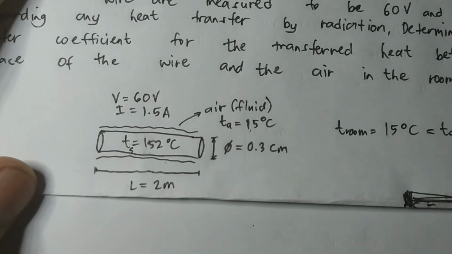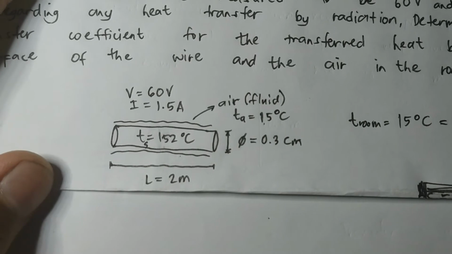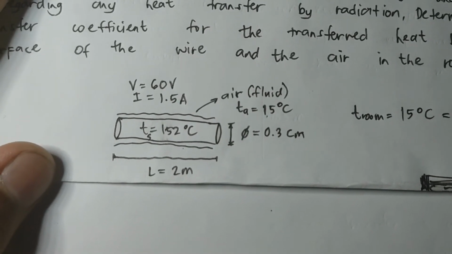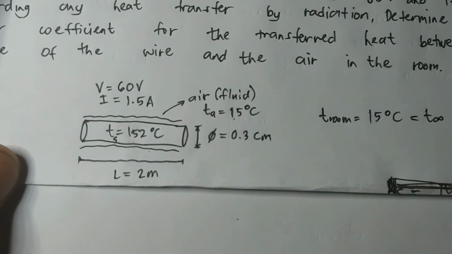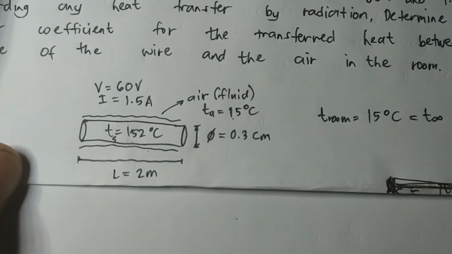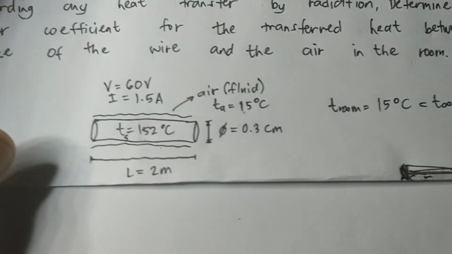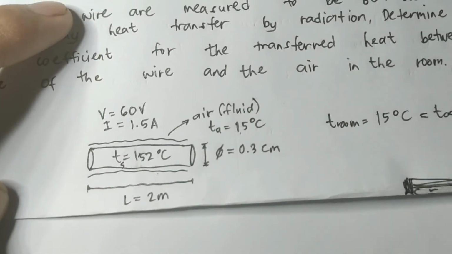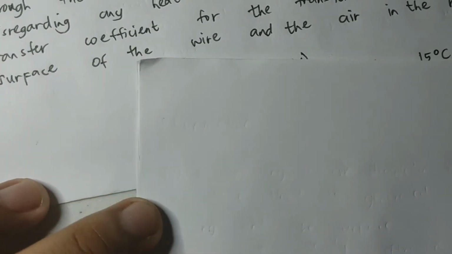Meron kang voltahe na 60 volts. Meron kang amperahe na 1.5 amperes. So, ang length ng wire ay 2 meters. At meron kang diameter ng wire na 0.3 cm. Ang tinatanong dito, yung heat transfer coefficient or convective heat transfer coefficient. So, required